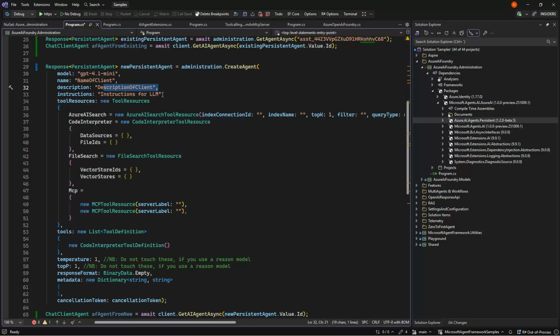Instructions is an important part. This is actually what is being sent to the LLM. So if we say speak like a pirate, the agent becomes a pirate agent. If we tell a bunch of information about some rules on how to behave, that is what is being picked up here. So don't confuse description with instructions. Description is just purely for information, not for the AI.